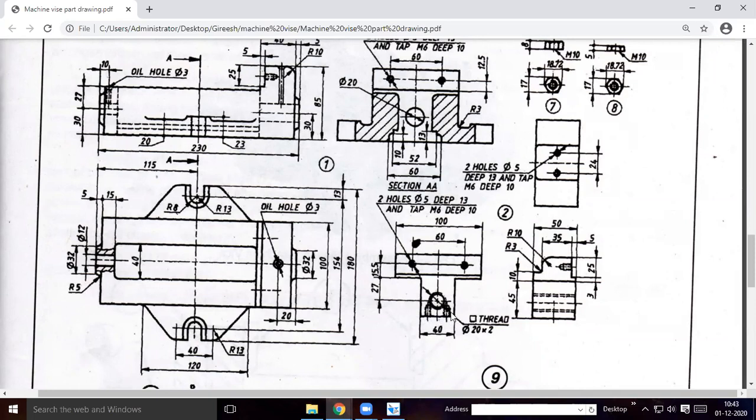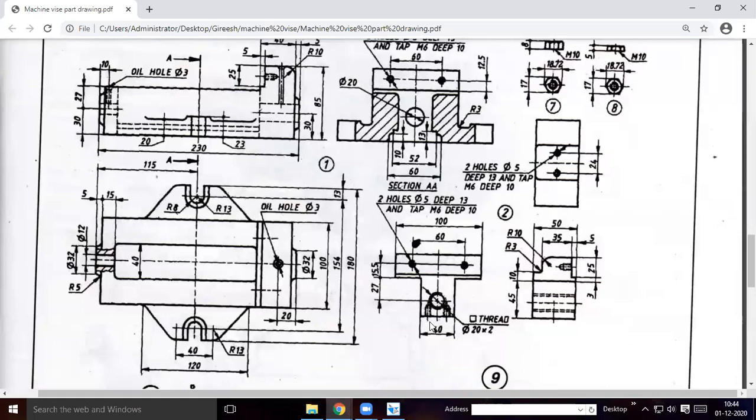This length will be how much? This line corresponds to this line, and this line is 45. From here you take it, or else you can start from this point. Out of 100, in the center 40 you negotiate.